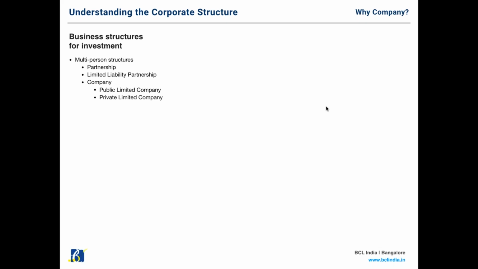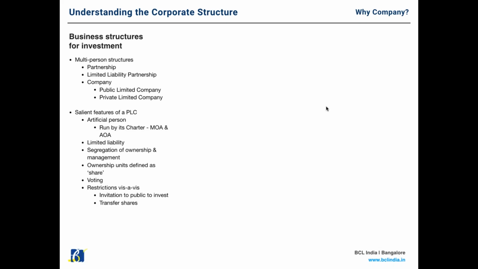What makes a private limited company so successful, right? It is an artificial person, so it gets rights under the law as you and I would get. So the company can sue a person, the company can get sued by somebody, it can enter into a contract. So if you look at the term sheet or the shareholders agreement, one of the signatories to the document would be the company itself, because it is an artificial person.